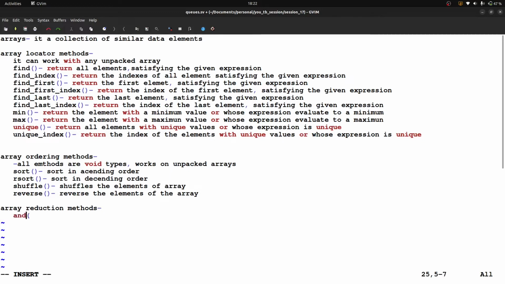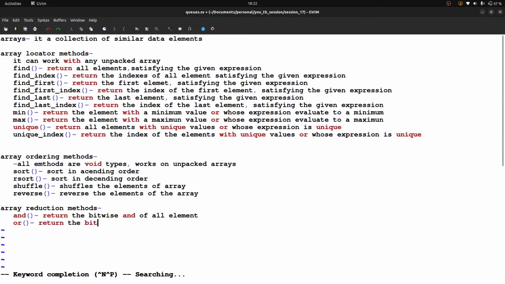So first one is AND. Return the bitwise AND of all elements. Okay. Next one is OR. Return the bitwise OR of all elements.